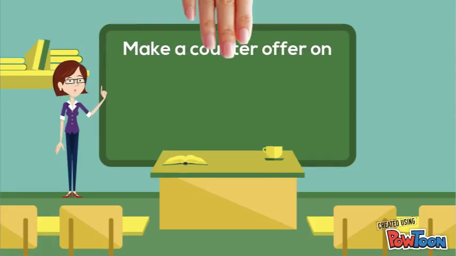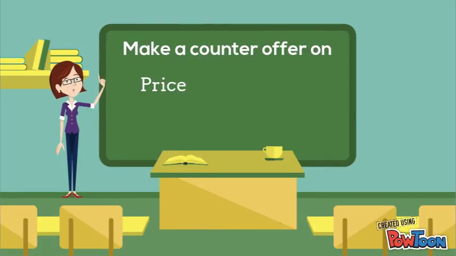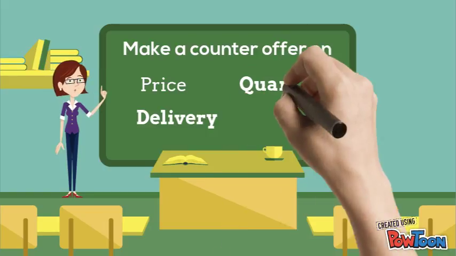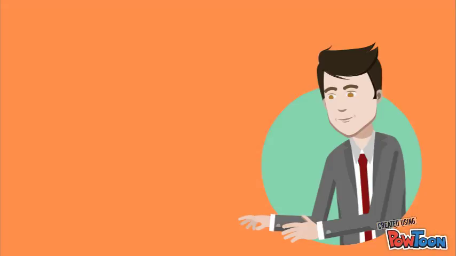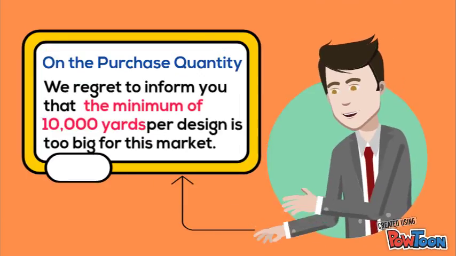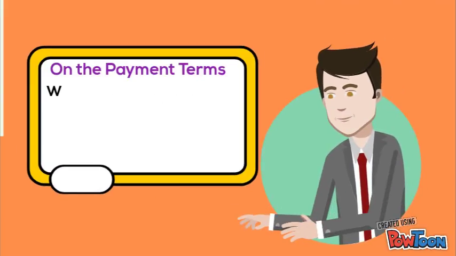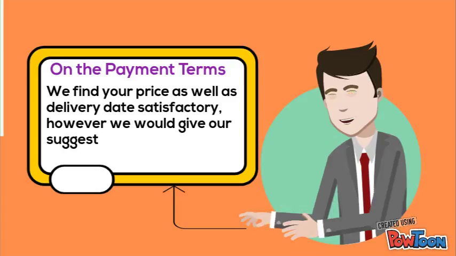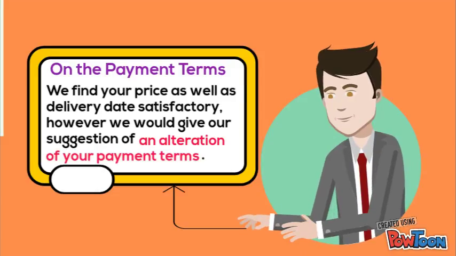In international business, price is usually the major point for countering an offer, though there are also other disagreements and bargains on such terms as delivery, the quantity, or the payment, etc. Because the delivery time may be too distant, or the minimum quantity too big to the offeree, or the term of payment not favorable on his part if he is a buyer.